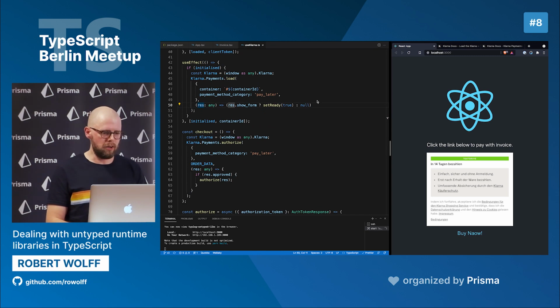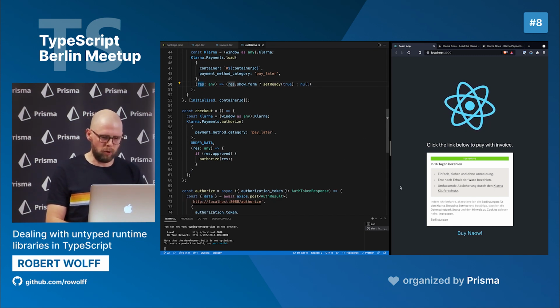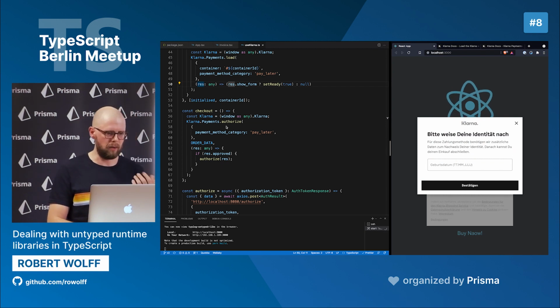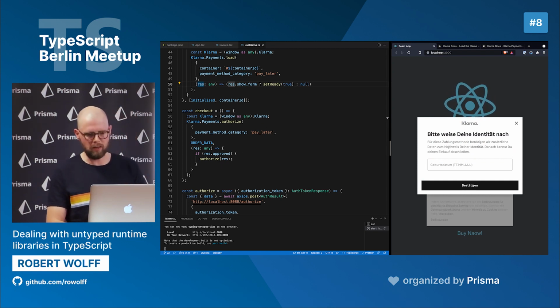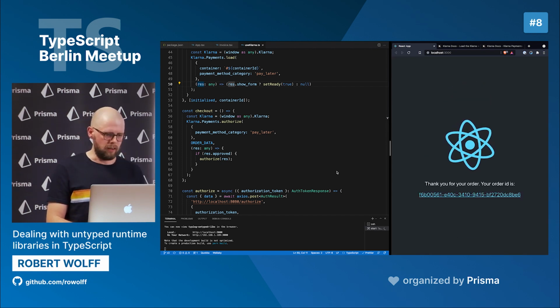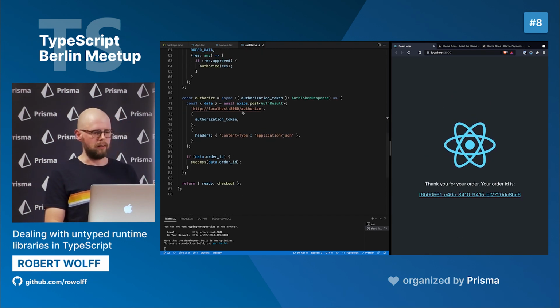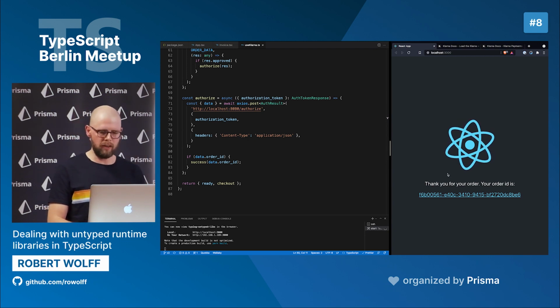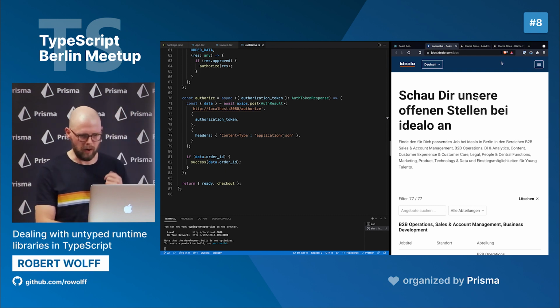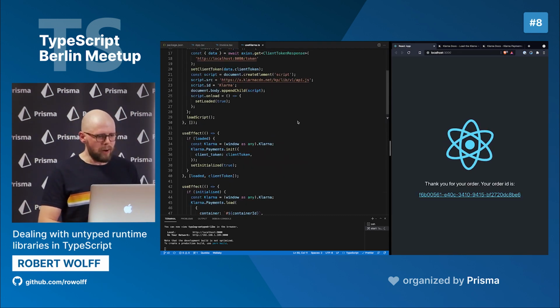And then eventually, if I finally want to click this Buy Now button, there's a checkout function that calls authorize on the library, and I have to supply my birth date here. And then it calls the authorize endpoint on the server. I get an order ID back, and if I click on the order ID, then it opens the idealo job page because we're hiring. And this is all great, but